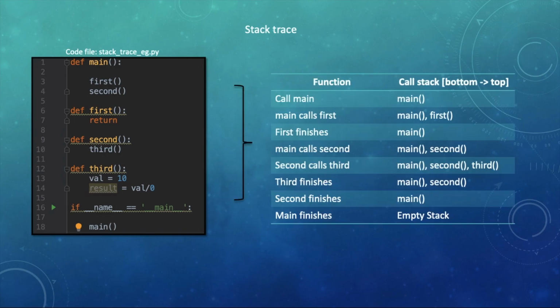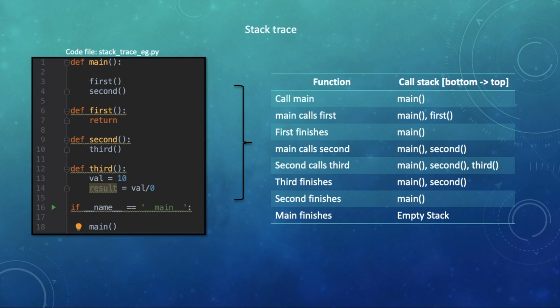While launching this program with main, we see the state of the call stack over the course of the program as follows, as shown on the right hand side of the screen. On the right hand side of this table, I have represented the call stack, where the leftmost call is the bottom of the stack and the rightmost is at the top. Okay, so in the beginning we call main.